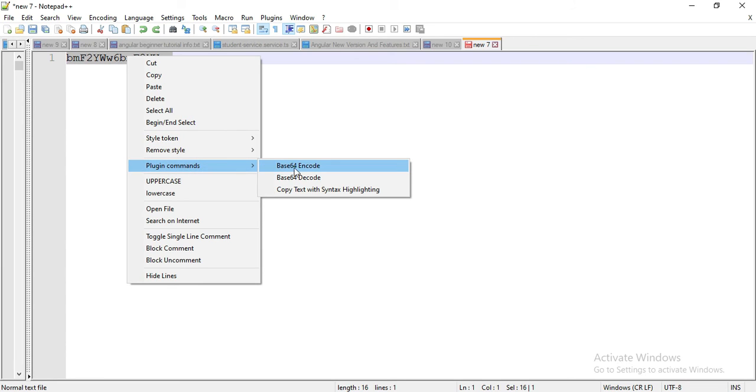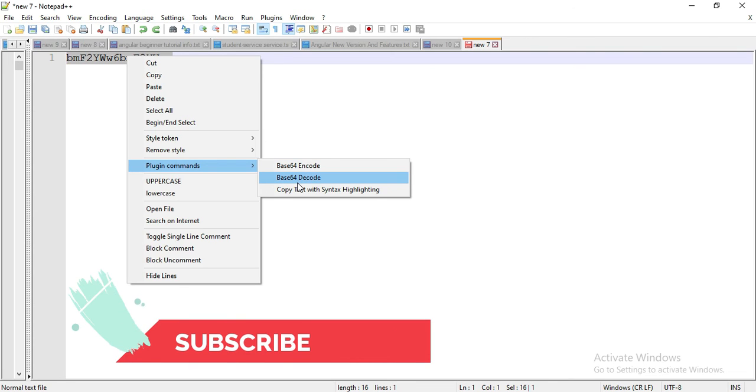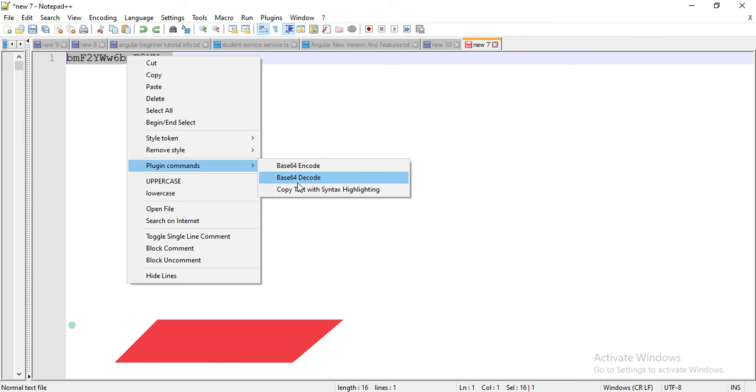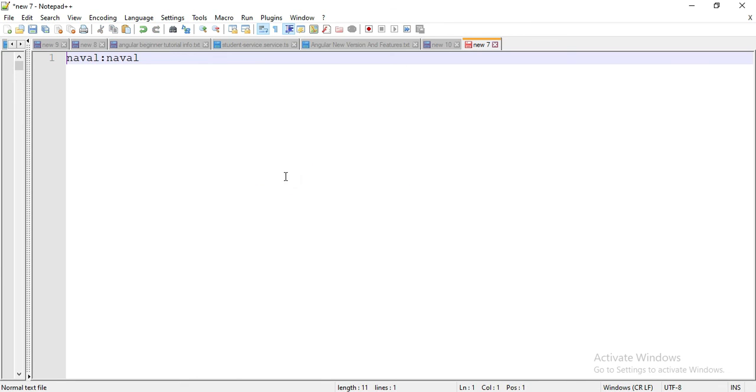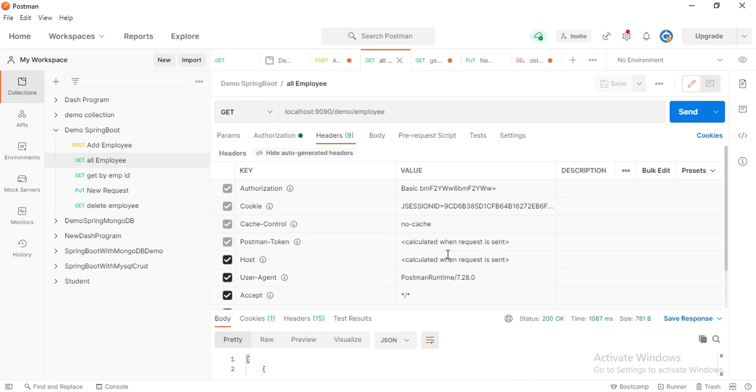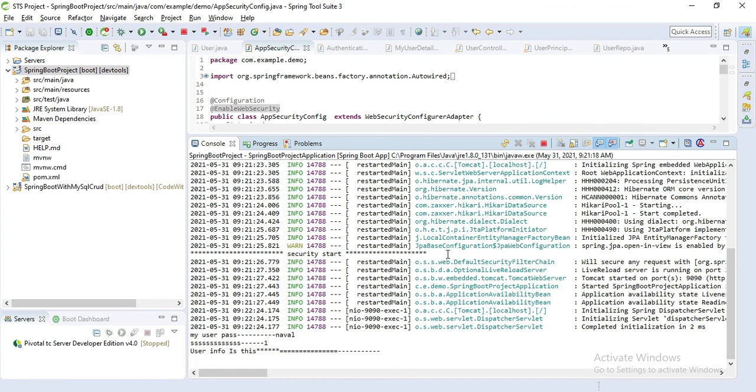We have two options, Base64 encoder and Base64 decoder. This text is already encoded, and I want to show the username and password by using the decoder. I'll simply decode that text. You can see here our username as well as our password. That means we have added Spring Security successfully.